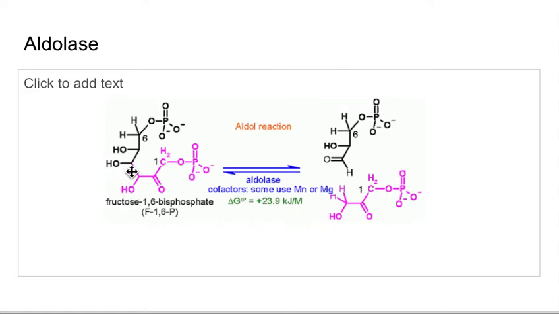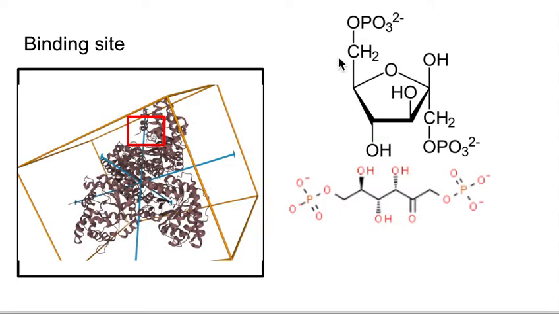The cleavage occurs between carbon 3 and 4 and results in the formation of 2 3-carbon chains, both with a phosphate group. It is a condensation reaction, meaning it releases water, and some isozymes of aldolase use a cofactor, although this one does not. The binding site interaction is a result of salt bridges that occur between the backbone amino